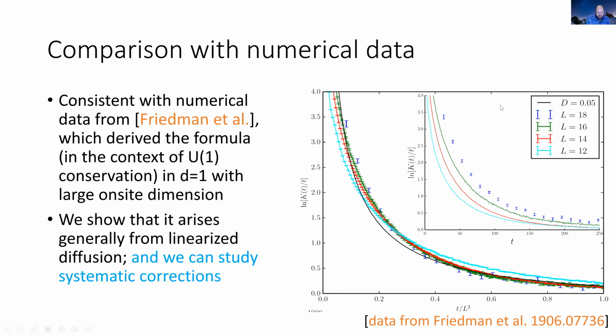But I derived that formula in the case of linear diffusion. They derived it differently using some large dimension approximation, neither of which describes the actual numerics. And so you might ask, are there corrections to that formula? Can we derive it more generally? What's going on? And so I'll just leave you with this one idea towards the end, which is that we can actually derive that formula